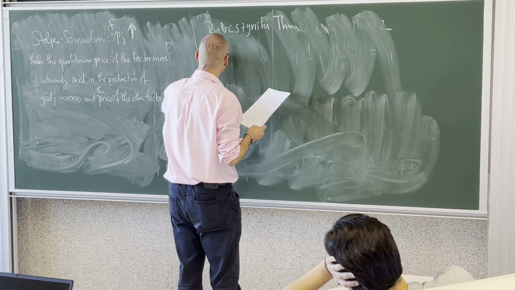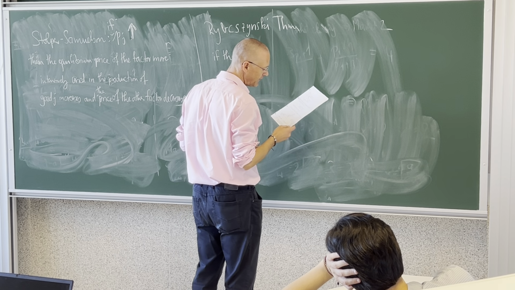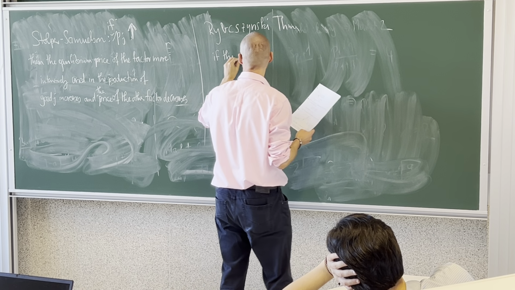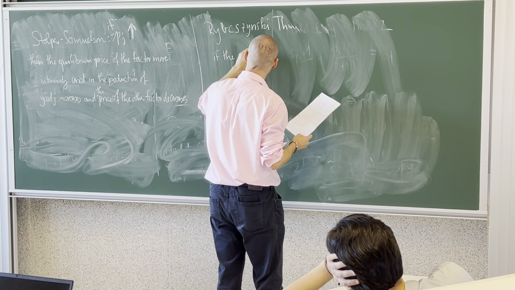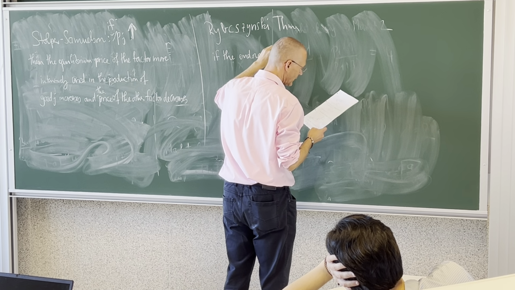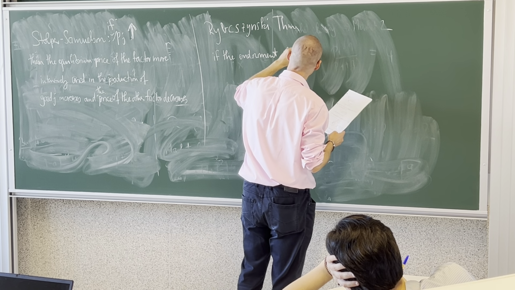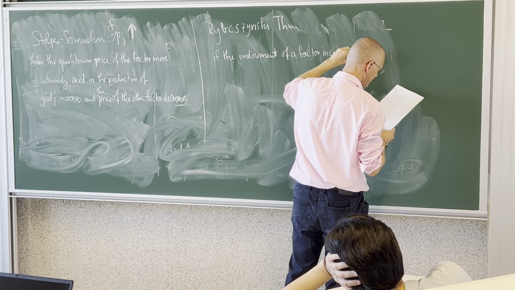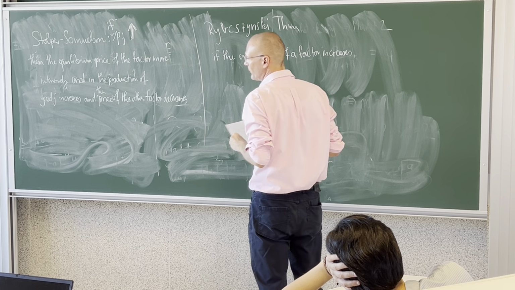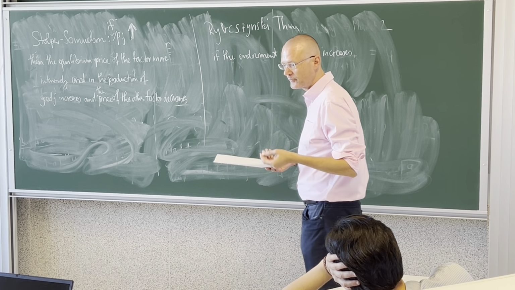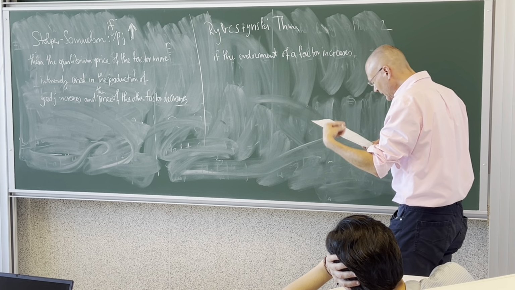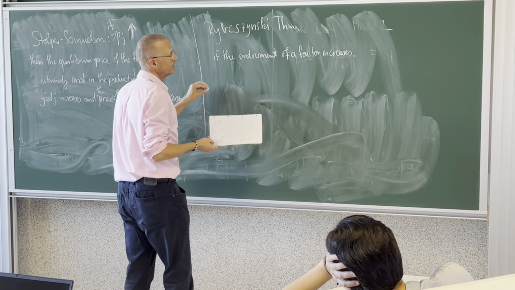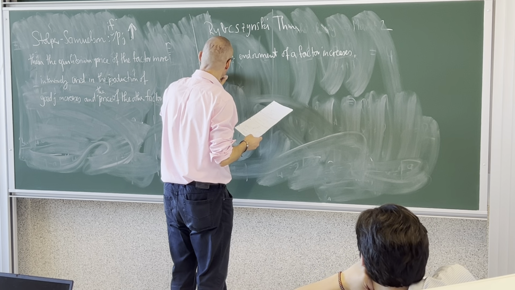So if, for example, due to a new resource discovery, this is the initial one, but if the endowment of a factor increases, what happens? Well, the production of the goods that uses this factor more intensively will increase, and the production of the other good will decrease. Okay? If the endowment of a factor increases, then the production